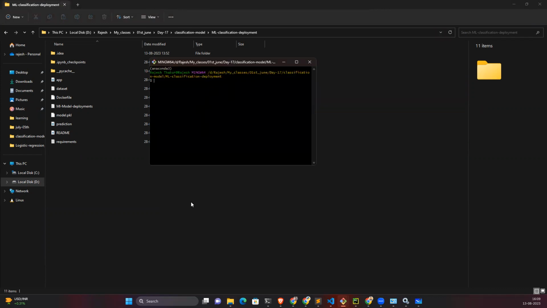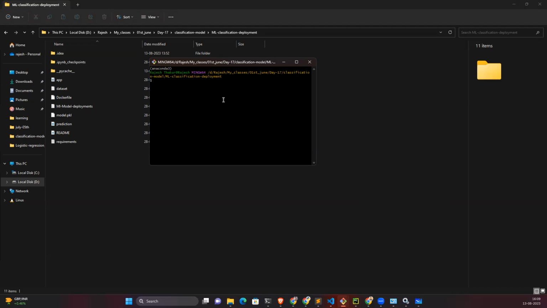Are you able to see this black window? Yes. Nice.